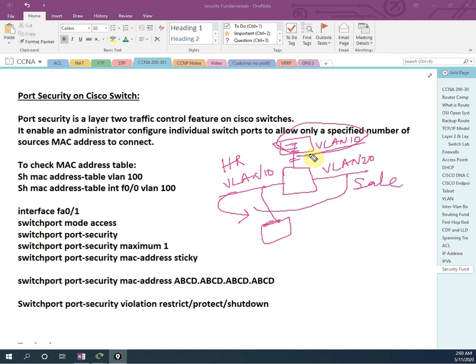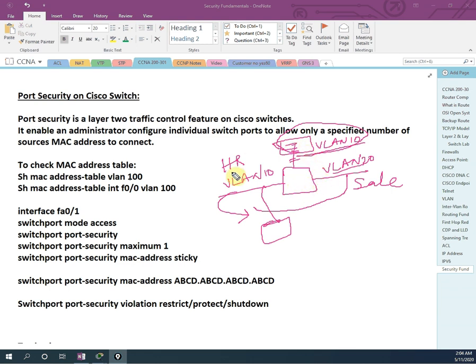This is one scenario. Or maybe some guest came and is sitting in the guest area, and he went to some office area and connected his laptop with our LAN cable. He has Kali Linux on his laptop and he is flooding frames to our switch, and because of the many frames our switch is restarting and we have issues in the network. So that can also happen. Anyone, maybe our employee, by mistake, or some hacker, can make trouble for our network.